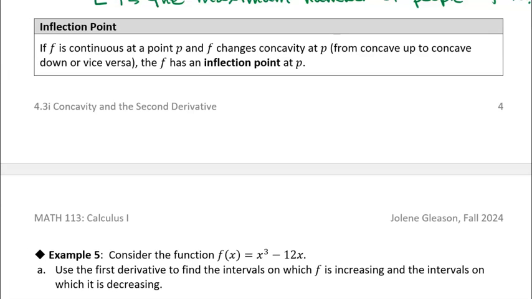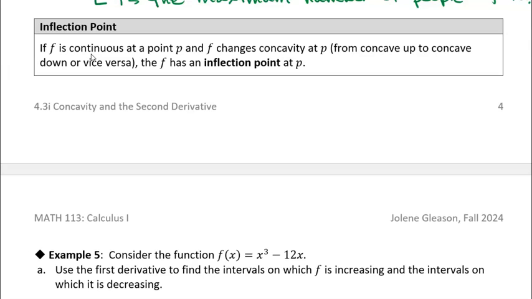All right, so before we do this last example, let's talk about this box that defines a new term called an inflection point. Okay, so this is good vocabulary to know. Essentially what you need to know is that an inflection point is just a place where a function changes concavity. So if a function is continuous at a point P and f changes concavity at that point P,